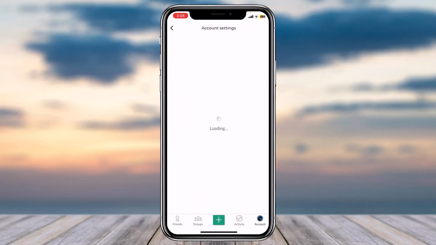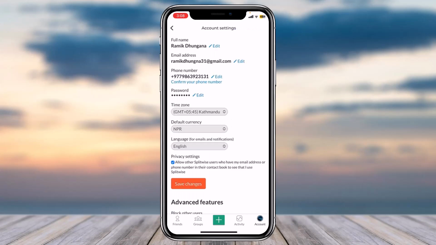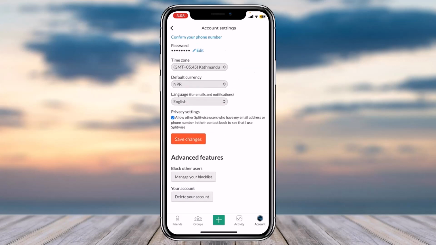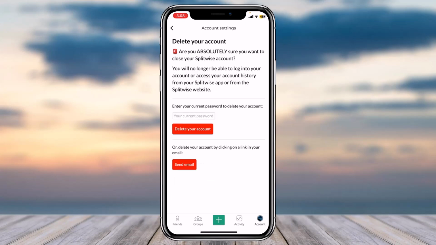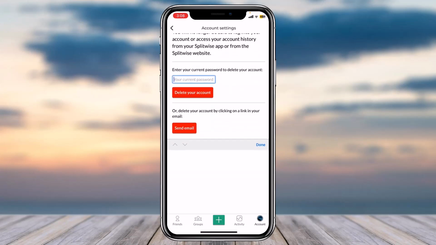Now once you've done that, you will be taken to the account settings page. Now once you're on this page, what you'll have to do now is simply scroll down to the bottom side of the screen until you see the option delete your account. Simply tap on it. And now in order to delete your account, you'll have to first of all enter your